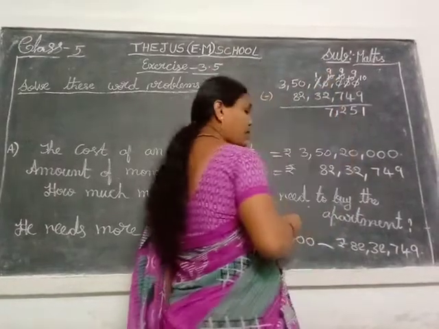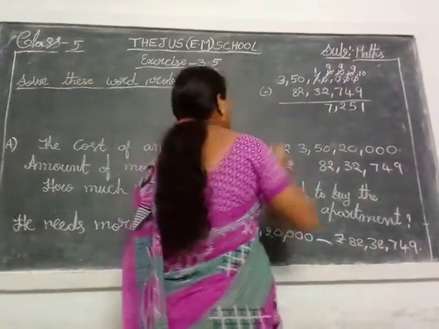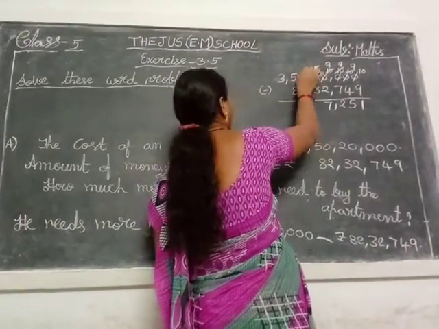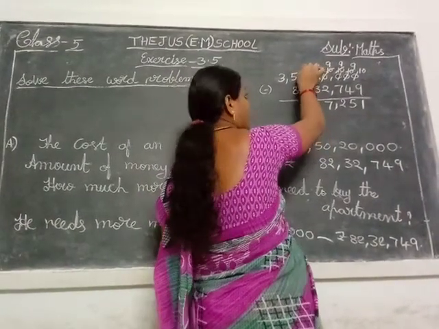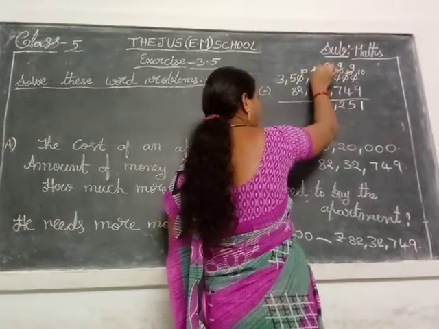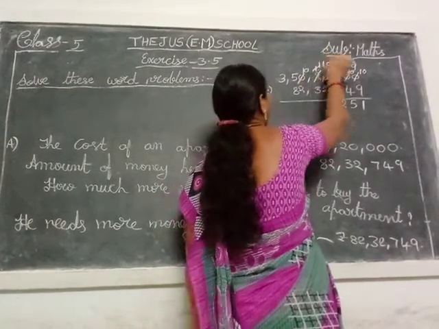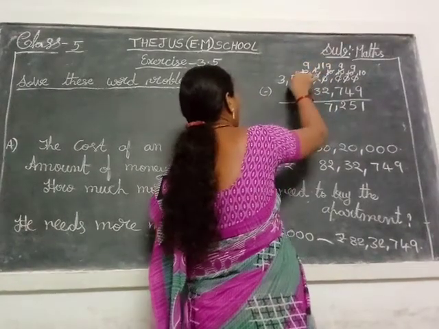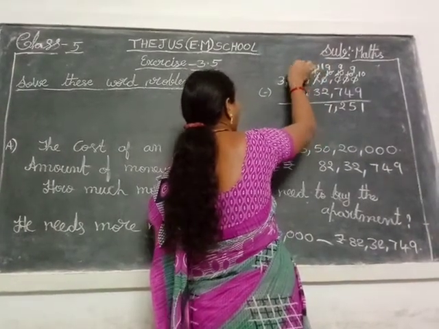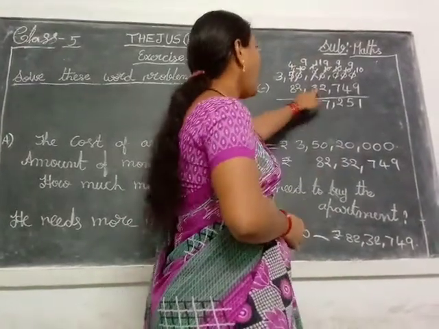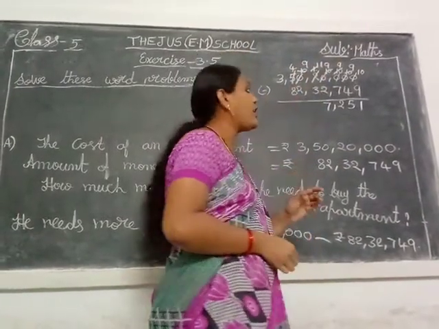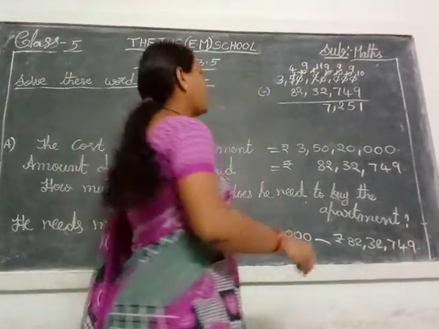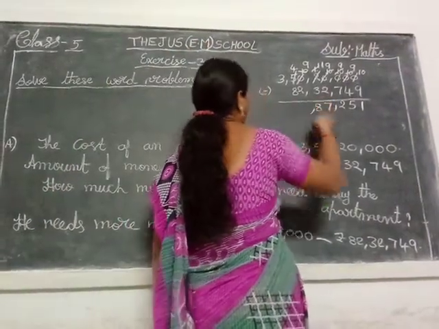1 minus 3 possible, children? No. So this one taking the borrowing also possible? No. So this 0 first takes the borrowing from 5. One number. That one means 10. 10 plus 0, 10. Now this one takes the borrowing from 10. Converted to 11. Now this 10 gives one number borrowing to this 11. Remaining 9. 5 already gave one number borrowing to this 0. Remaining 4. Now 3 after becomes 11. 3 after 4, 5, 6, 7, 8, 9, 10, 11. 8 fingers are open. So write here 8.